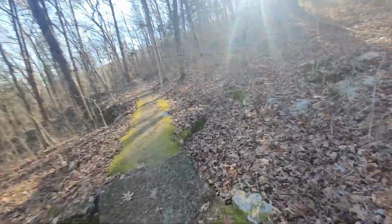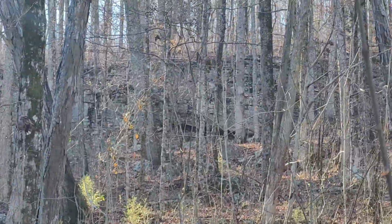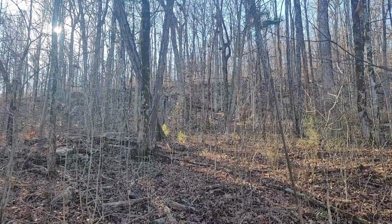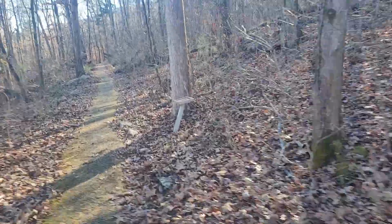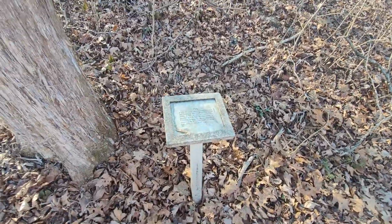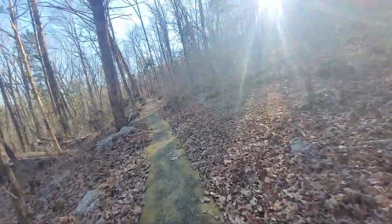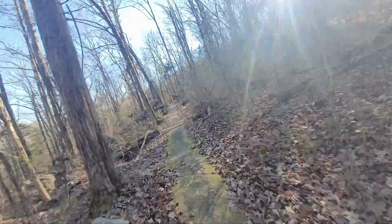Alright, we've reached the summit of this first little climb here. And look at that big ledge up there. That is cool. Anyway, trail continues on. That is a tea plant, or parts of that plant were used for tea. I don't know which plant because everything's dead, but